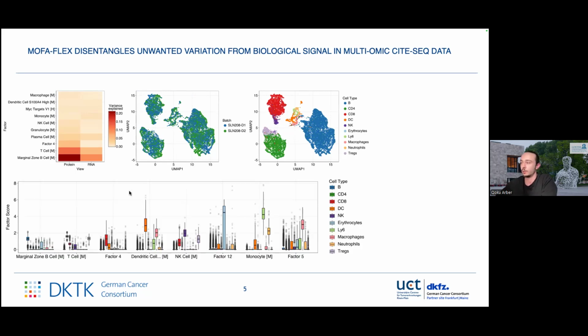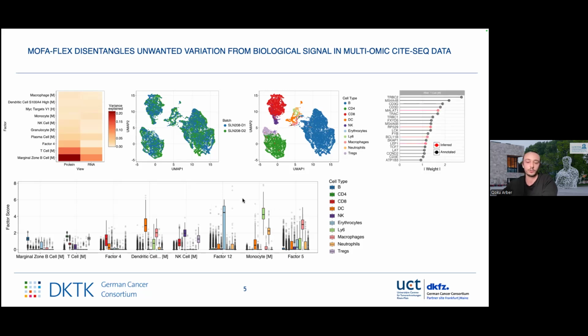And this is also visible when we isolate different pathways coming from the specific cell type annotations. For example, we have here the marginal zone B cell pathway, or the gene set, and this particular factor assigns a very high, significantly higher score to the B cells compared to the other cells. The same thing goes for the T cell pathway that assigns quite high factor scores to the CD4 T cell. We have the same for dendritic cells, natural killer cells, monocytes, and so on.